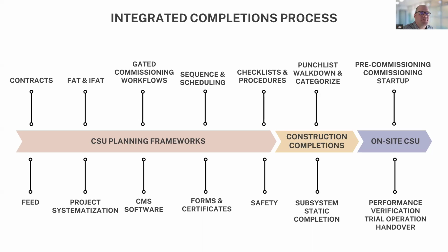Well, your FEED processes are the point in time to do that, to have commissioning and operational involvement during your preliminary design reviews, during your detailed design reviews, to make sure that design packages that are being created this early in the project are going to align with what's needed for later in the project. There may even be some more detailed design reviews, some workshops required for more specific process control narratives or control system reviews, HMI screen reviews. This is the process to do that, to make sure that that feedback loop is completed